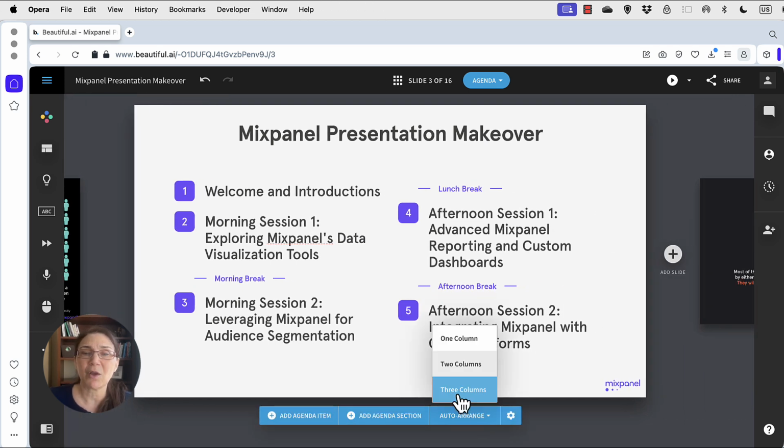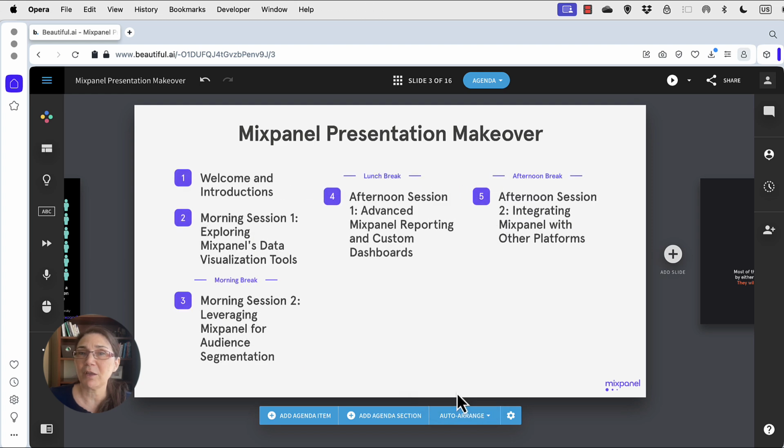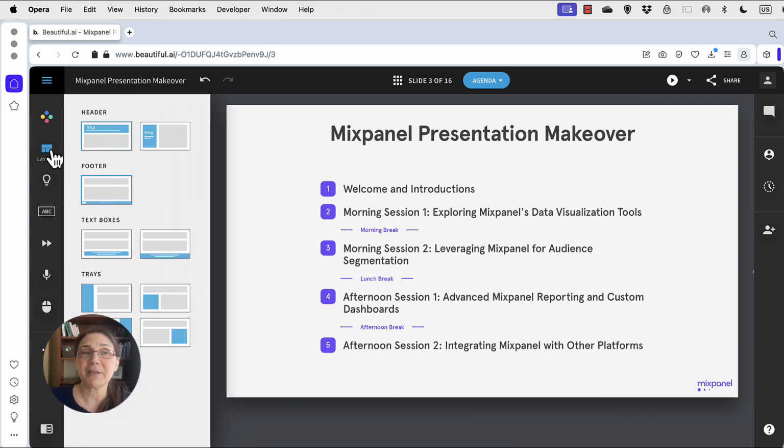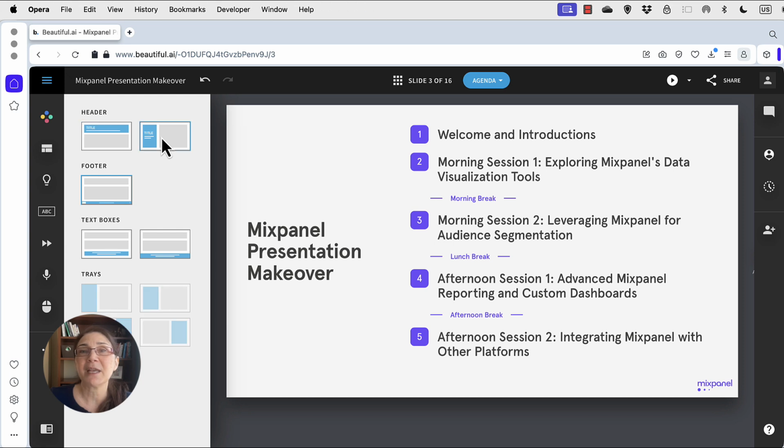I'm going to say auto generate. And if I switch to 3 columns, you can see here it switches. It doesn't look that great. I'm going to go with 1 column. And now it looks a little bit more readable. However, it is squished. So in this particular case, I can go in here and switch the layout. And you can see that's really the power of Beautiful AI, is that it does that automatic formatting for you